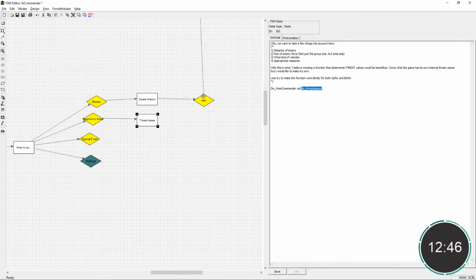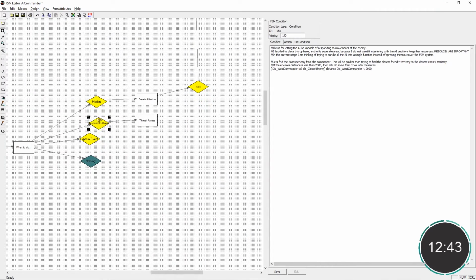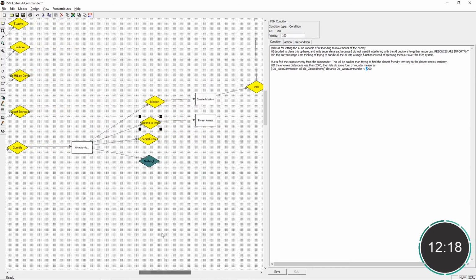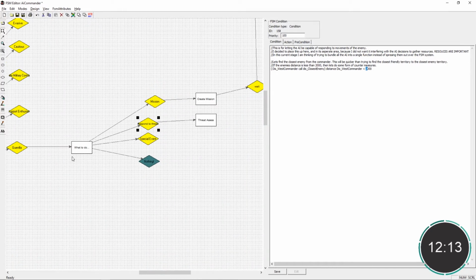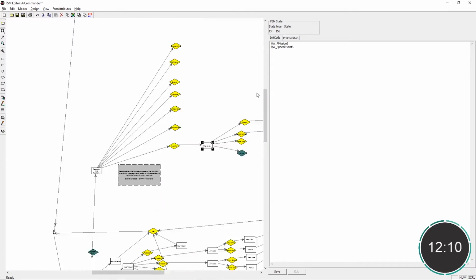And so right here is where I need to do the check for distance. Right now I have a simple check: if the enemy is within 2,000 meters of the commander, then we need to respond. But that doesn't work, because if the commander captures a territory and moves, and then there's territory 3,000 or 4,000 meters away, they won't respond properly to protect it. And I can't have this be like 10,000, because they'll always be sending troops to do these special missions. It doesn't make sense. So that's what the whole function's for. So what are we going to do? Well, using that function, what we're going to do